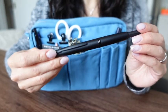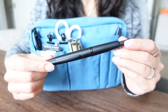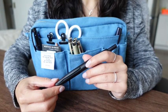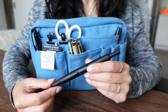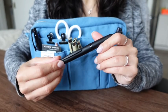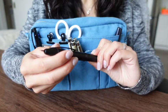Of course, my go-to trusty Pilot Vanishing Point pen in matte black. I was actually just checking out the Hobonichi site, and they have a special version of this for the same price as what you would pay here. I actually don't know too much about the Mother line, but apparently it's very popular in Japan. So they have this there, and it's the Pilot Vanishing Point with the EF nib,